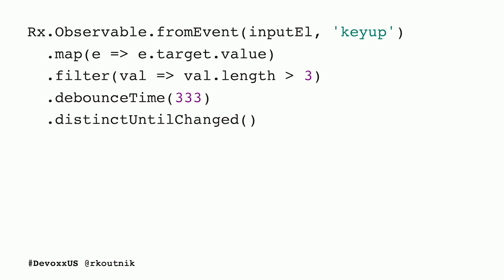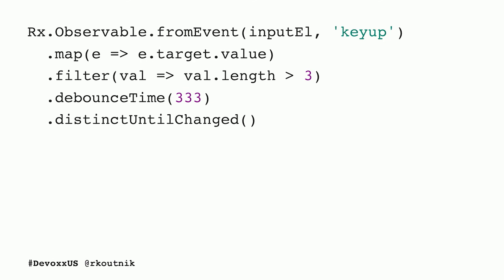The practical upshot of which is if we hand it a ton of values all at once, it's going to wait until there's a pause in the input before finally sending the latest value it received on. So if you're a fast typist, we're not going to send a request for every keystroke. We're going to wait until you've finished typing before sending a request.